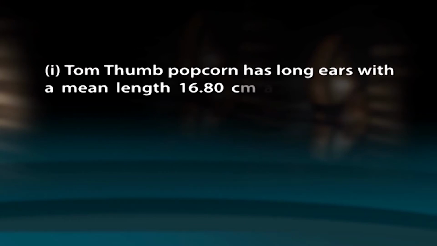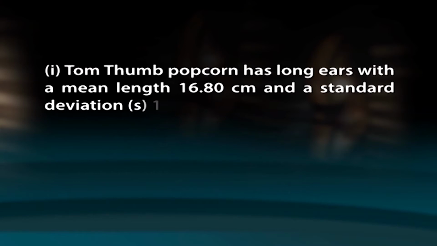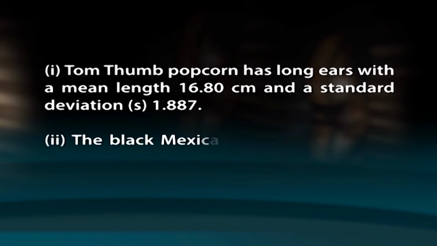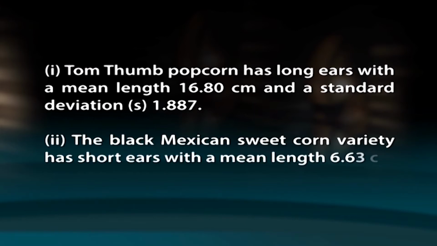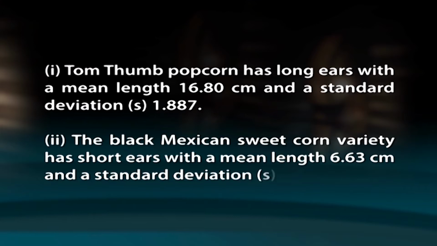The ear length of corn shows quantitative inheritance. They crossed two pure breeding strains of corn with little variation in ear length. The varieties are: first, Tom Thumb popcorn has long ears with a mean length of 16.8 centimeters and a standard deviation of 1.887. Second, the Black Mexican sweet corn variety has short ears with a mean length of 6.63 centimeters and a standard deviation of